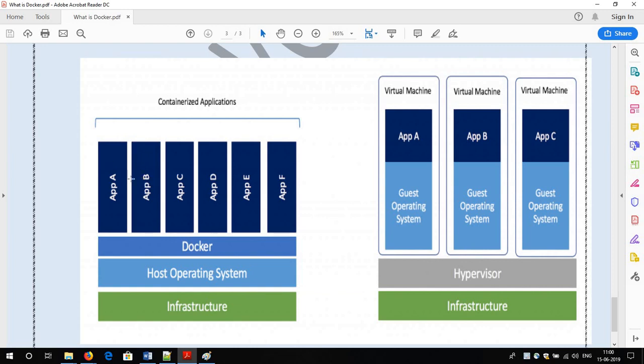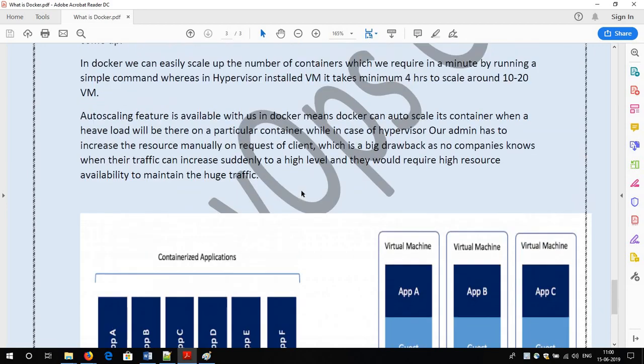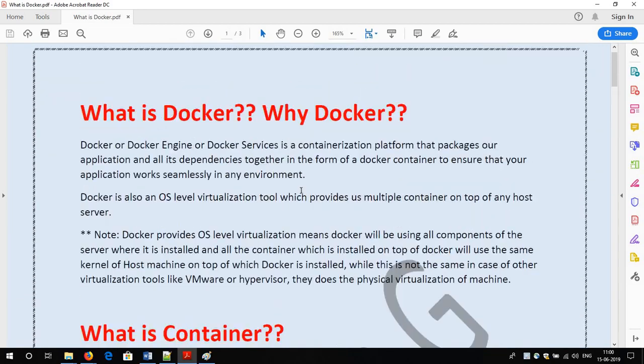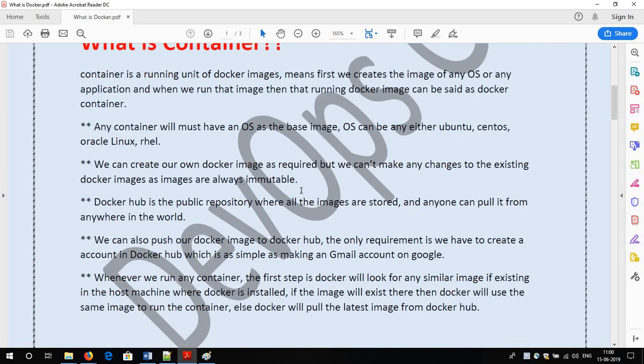And whenever I run these images, when they are in a dynamic state, we can call it a container. Simply, a container we can correlate with a running server. I think this is enough about what the container is and what Docker is. Everything I will show practically in my upcoming session.